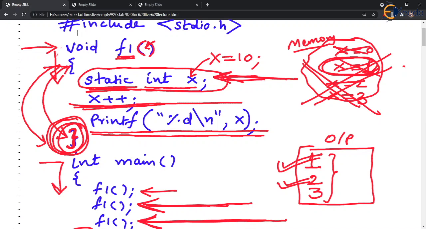So x will become 11 and the first output will be 11 in this window. Please try to understand that the latest value of x, which is 11, will be restored. So the second time when you re-enter the f1 function, it won't use 10 as the value. It will use 11 as the previous value. So the next output is going to be 12 and the next output is going to be 13. That's what happens when you give an initial value to the static variable.